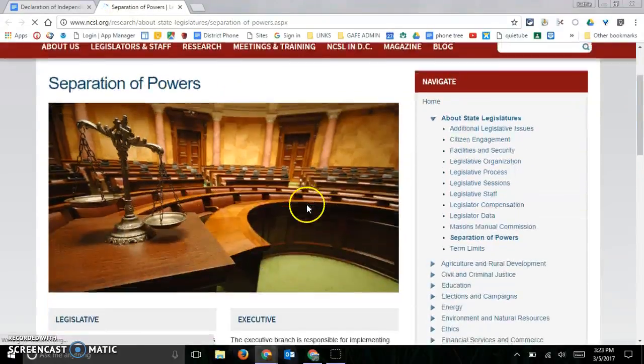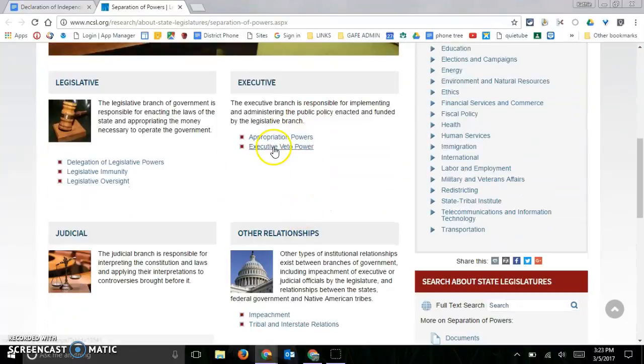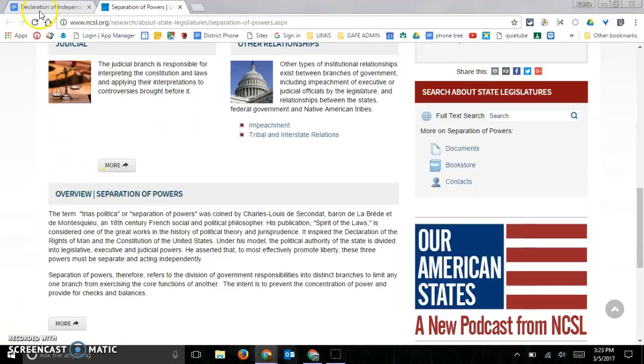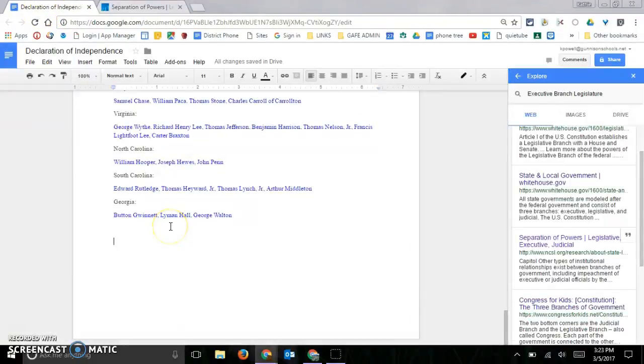an article. I can glean through the article. I can take a look at the separation of powers, executive veto power, or whatever I want to do. And I'm going to put in my own words back in my document. So I could put executive branch. Maybe it's going to type exec. And I can type all my little facts here,